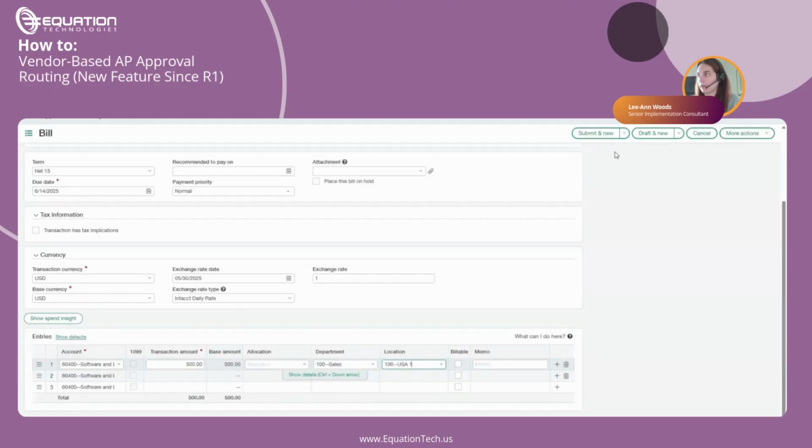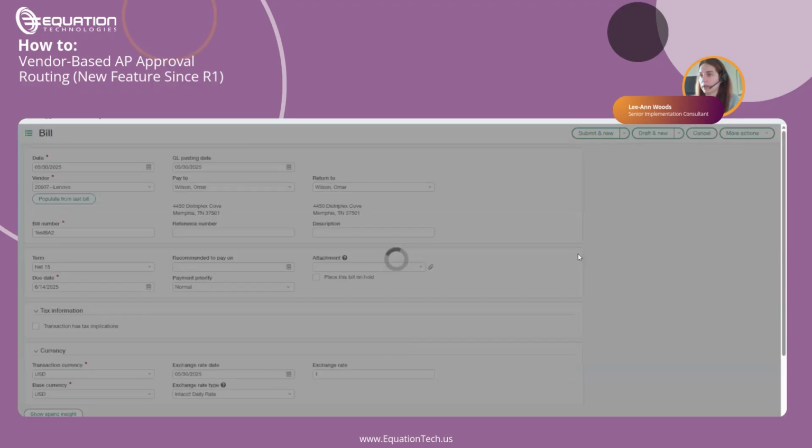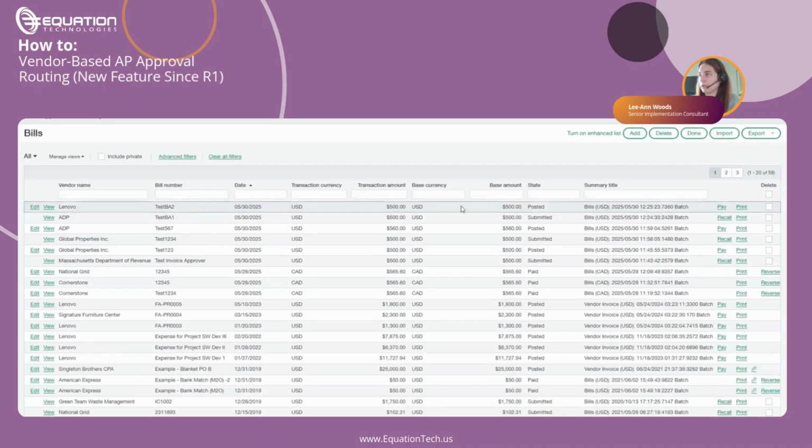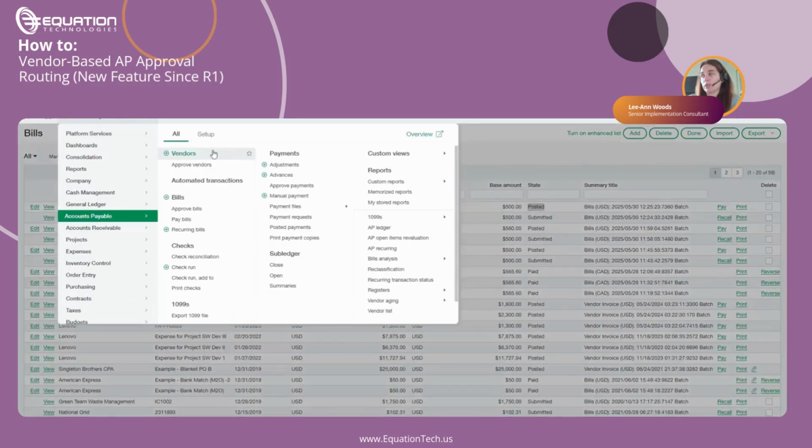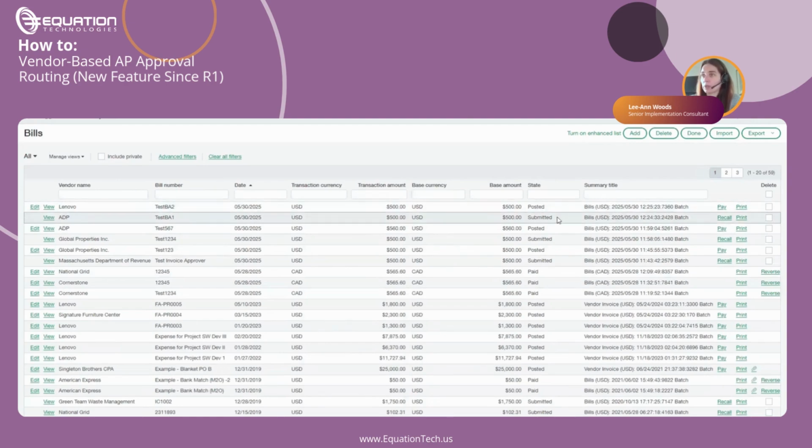So I hit submit. And so for the Lenovo invoice, I expect it to be posted, and it is posted. So now, if this is functionality you've just switched on, given the fact that this is how it works, if you don't specify a bill approver, the invoice goes to posted, you might want to consider doing a mass update